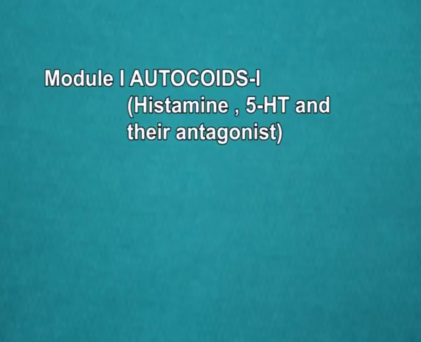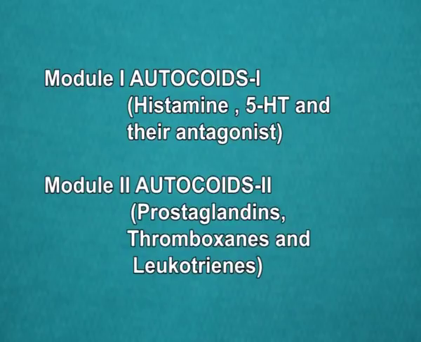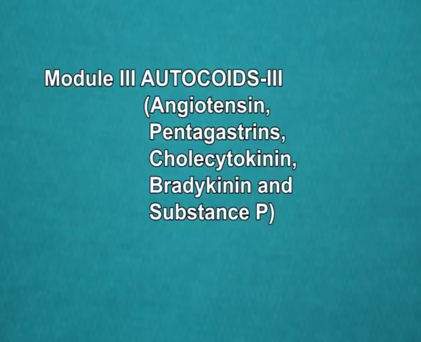Module 1st, Autacoids first, may include histamine, 5-HT and their antagonists. Module 2nd, Autacoids 2nd, may include prostaglandins, thromboxanes and leukotrienes. And module 3rd may include angiotensin, pentagastrin, cholecystokinin, bradykinin and substance P. Before starting the different module details, first of all we will discuss the definition and classification of